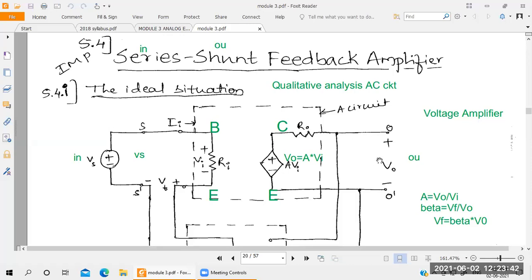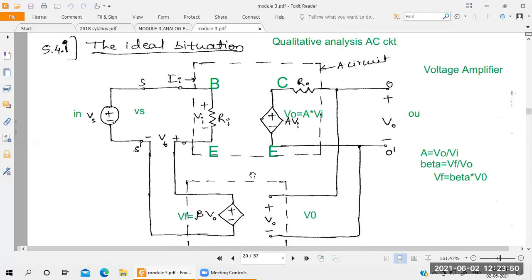Understood? So the parameters written here are Vi, Ri, V0 and R0. These are the internal parameters within the transistor. After that, you take outside the transistor. What are the outside parameters here? Vs, that is the source voltage. Then the current flowing across the base emitter, Ii, means input current. So the input current is flowing across the base emitter. Then the output voltage V0, from the collector to emitter voltage.